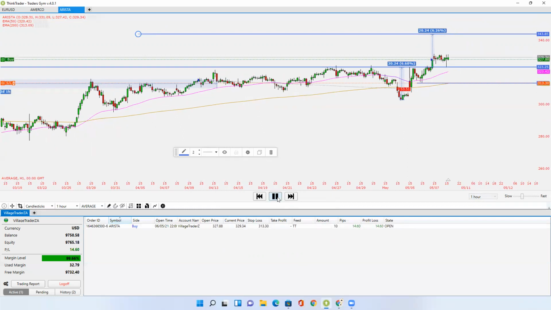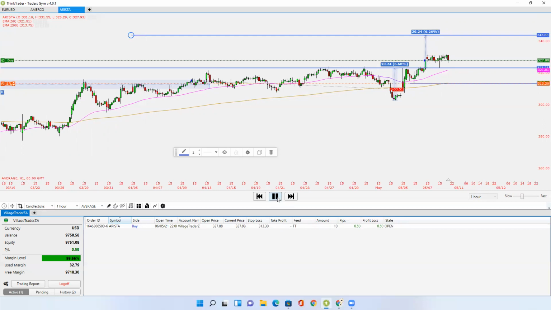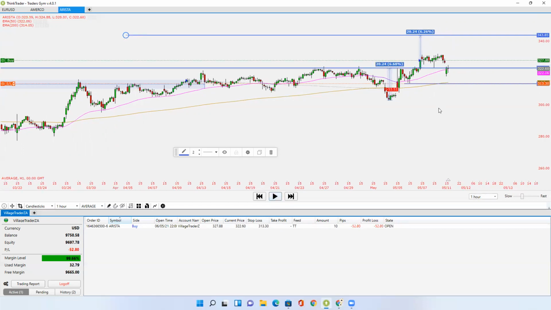So it's continuing to run. It's typical for a head and shoulders pattern to retest the neckline after breaking. So what other people tend to do is wait for that retest. Instead of entering on the breakout, they wait for the retest and enter on the retest. So they place a buy limit order around the neckline. I don't prefer that method